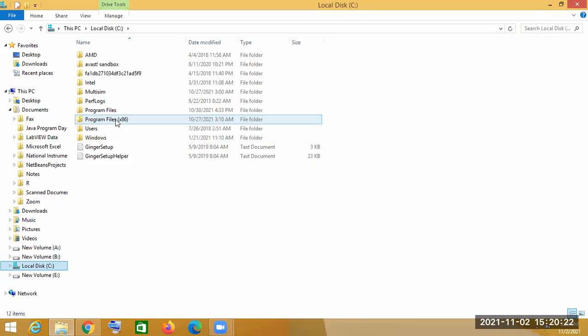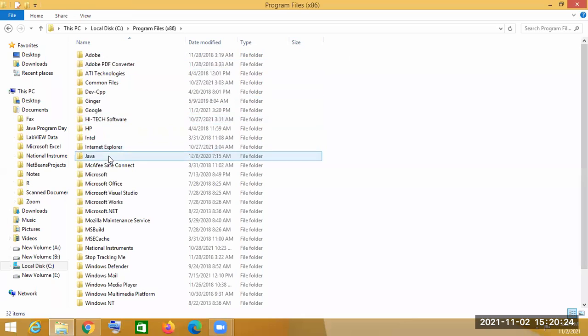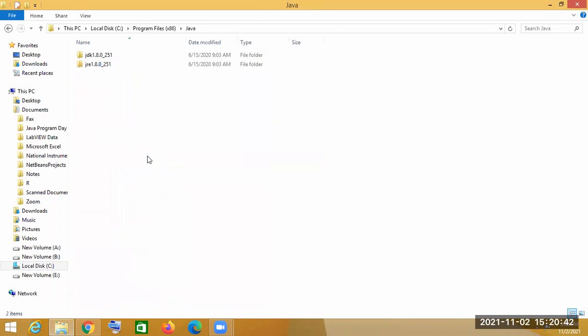You will see in Program Files a folder created named Java after installation of the JDK.